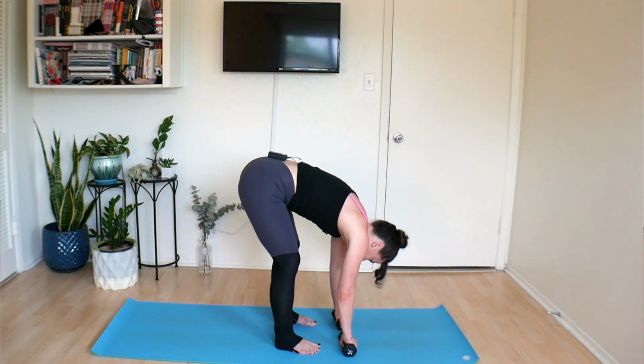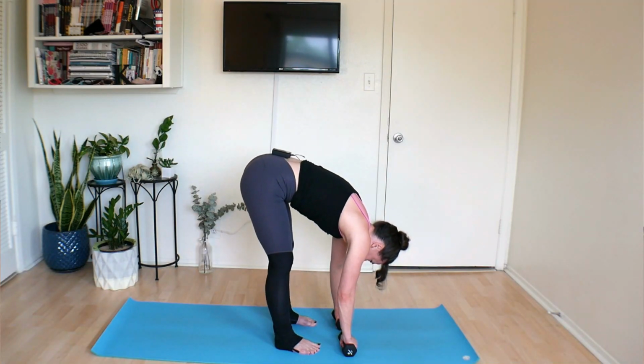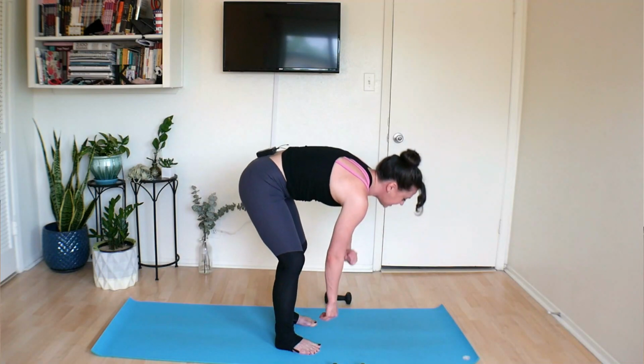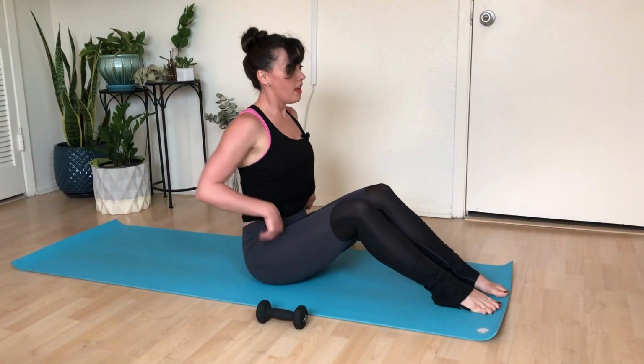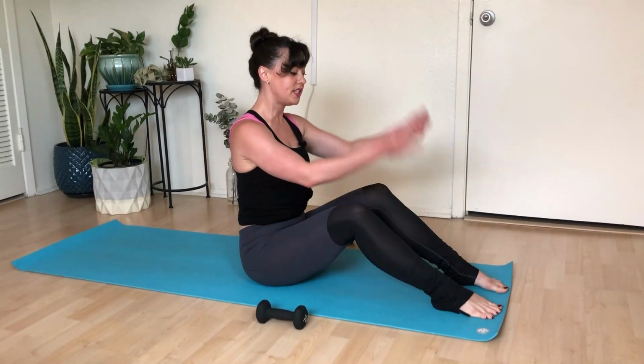Sway the hips a little, nod the head, any movement you're in the mood for. Now from here, let's place our weights on either side, and we're going to take a little seat on our mat. Now once we arrive in a nice easy seat, go ahead, bend those knees, and we still want our feet